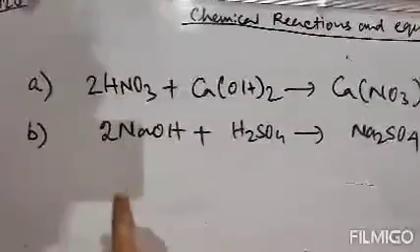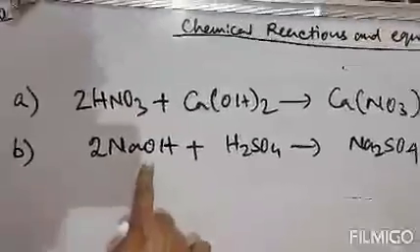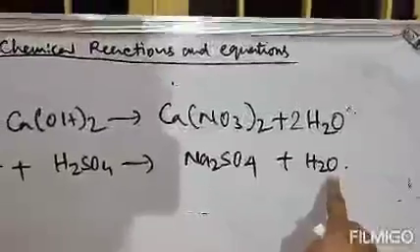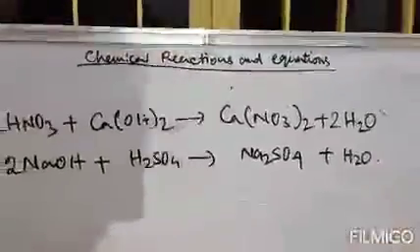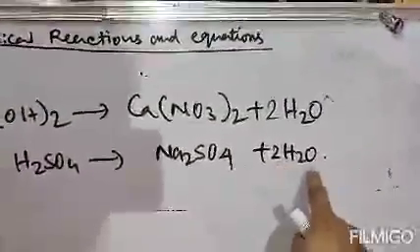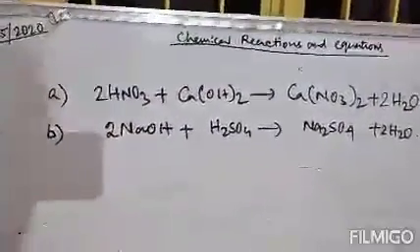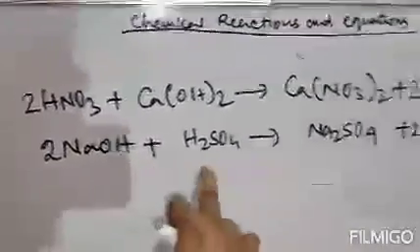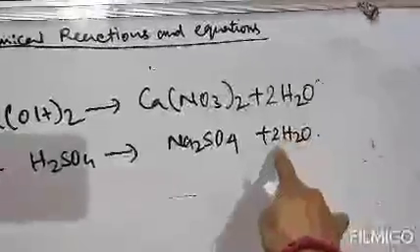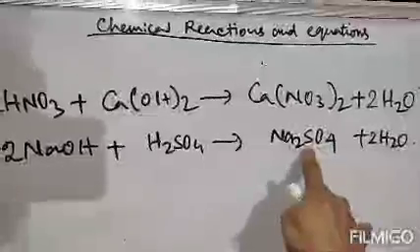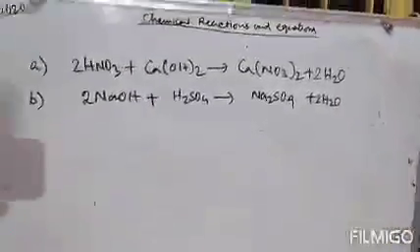Now count the other atoms. Now count the number of oxygen atoms. 2 oxygen and 4 oxygen, that means 6 oxygen are there. Count here 4 oxygen and 1 oxygen, that means here oxygen is 5, therefore 1 oxygen is short. Clear? So just write 2 here, so that there is 2 oxygen and 4 oxygen, total 6 oxygen, and here also 6 oxygen. That means oxygen is already balanced. Now take hydrogen. Here is H2, that is 2 hydrogen, and here are 2 hydrogen, that means 4 hydrogens. Count hydrogen here, 2 twos are 4. Here are also 4 hydrogen. So all atoms are balanced. Now sulfur, here is 1 sulfur, here is 1 sulfur. Sulfur is already balanced. So this chemical equation is balanced.